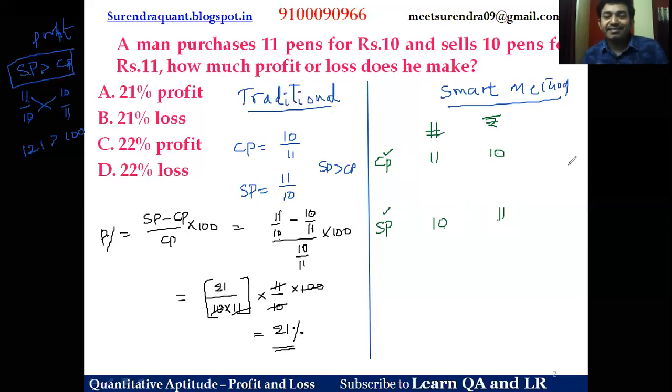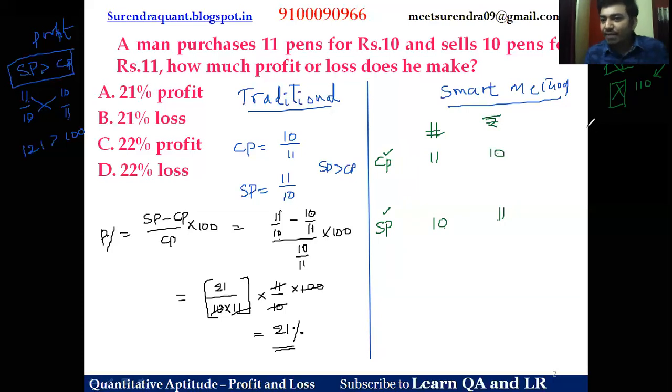If I can make the number of pens sold and purchased the same: I purchase a bag of pens for 100 rupees and I sell the same bag of pens for 110 rupees. Now my worry is only about cost price and selling price. We never worry about the number of bags or the number of pens in the bag. So the simplest case is trying to equate the number of pens sold and purchased. Understood? I'll repeat this by taking one more example.